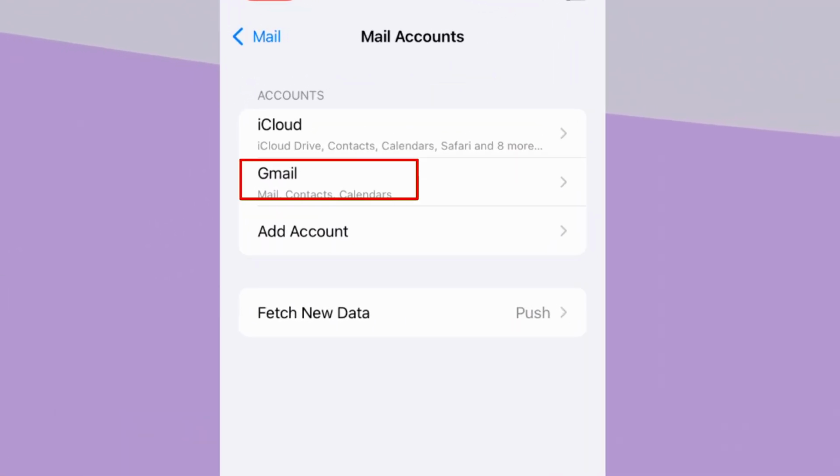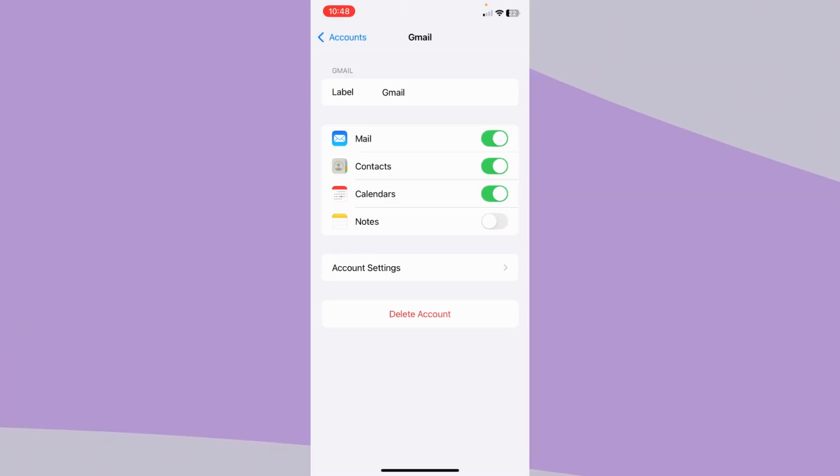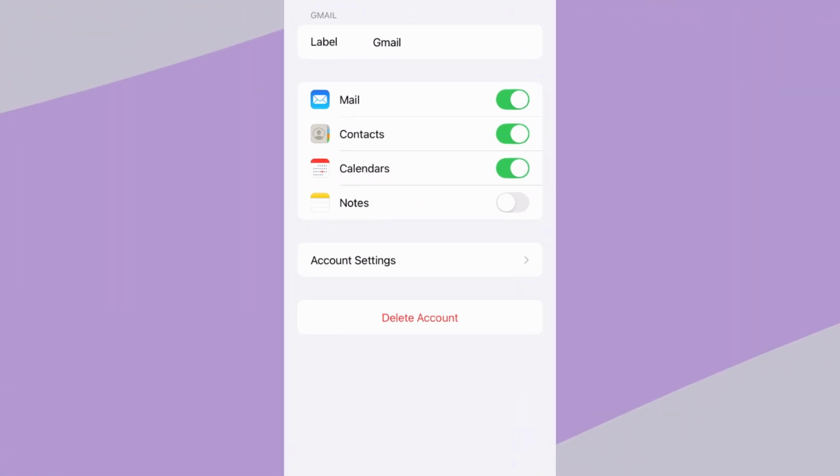And over here, click on the option Gmail. And over here, make sure Mail is turned on. Once this is on, if it's still not working, check your Wi-Fi. Sometimes due to slow Wi-Fi as well, your mails don't load. But if your Wi-Fi is not a problem and you're still facing this issue, just come over here and click